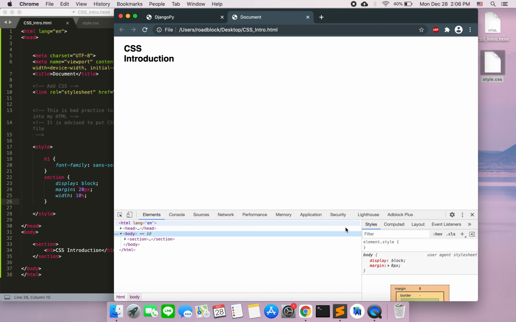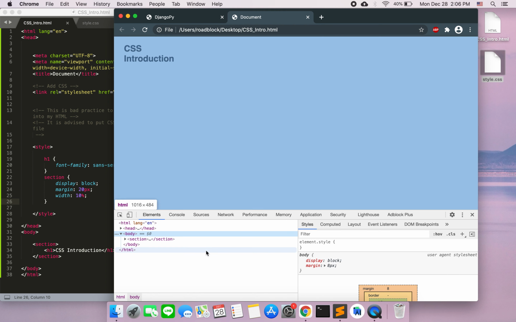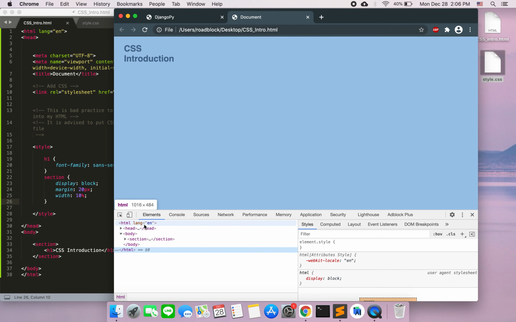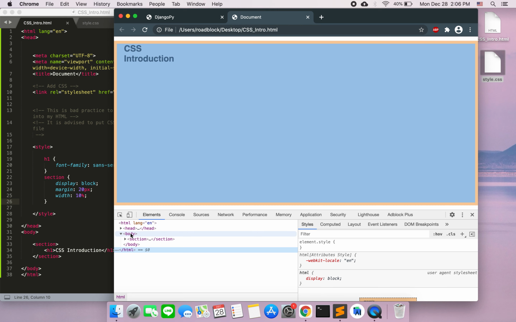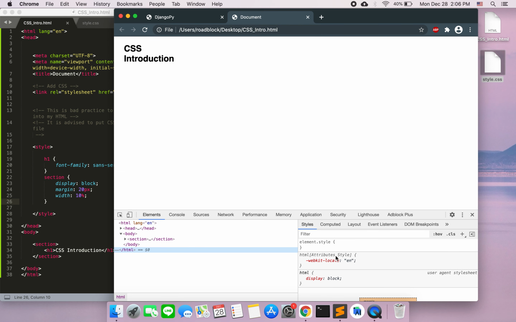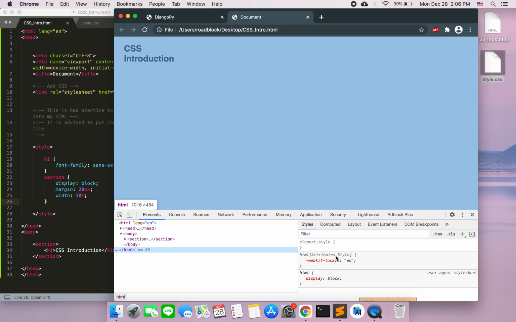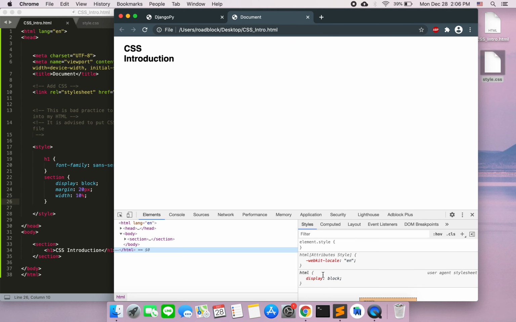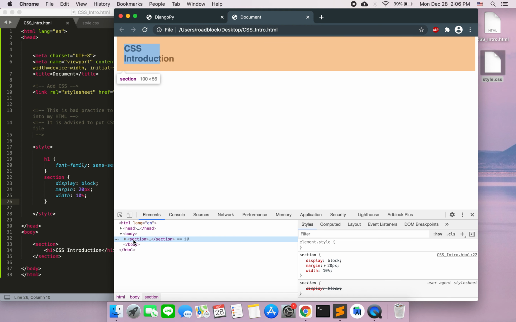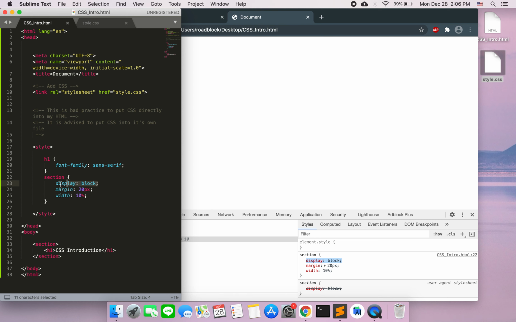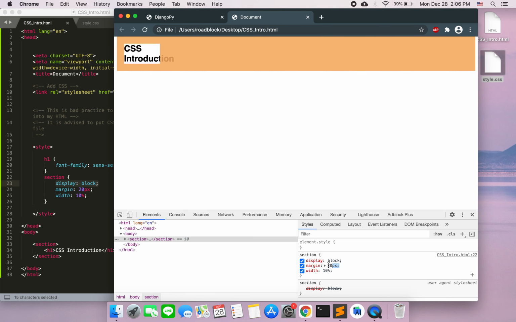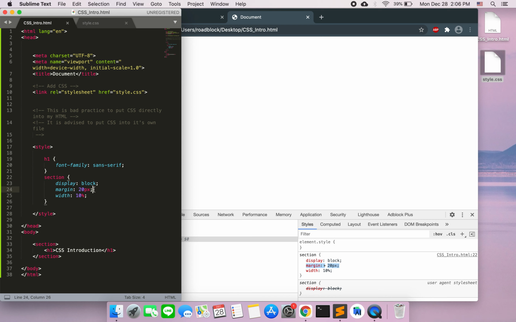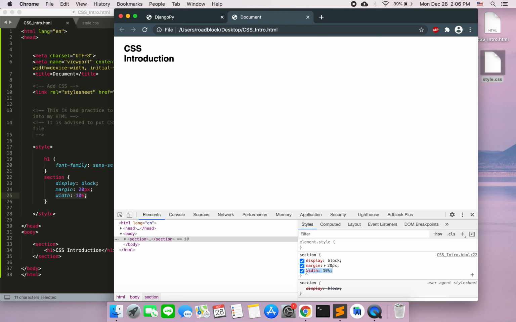But how do we see our style sheet? So in here, this is our HTML. อันนี้ทั้งหมดนี้คือ HTML ของเราครับ ถ้าเกิดว่าผมอยากเห็นว่า styling ของเราด้านขวาจะแสดงว่า style sheet ของเราครับ so the right side shows the styling. If I go to section, now I see my section has a display block. ที่นี้มี margin 20 pixels และมี width 10%